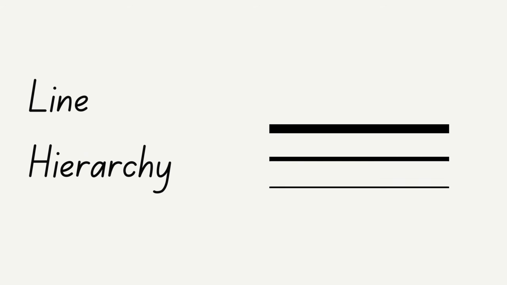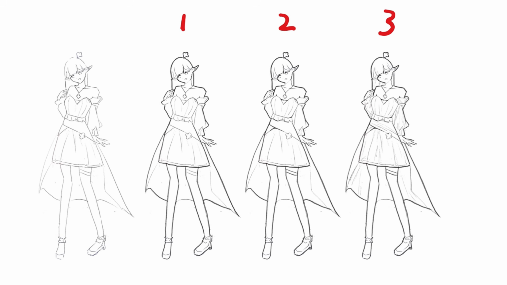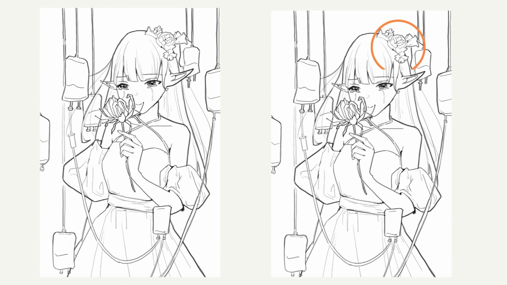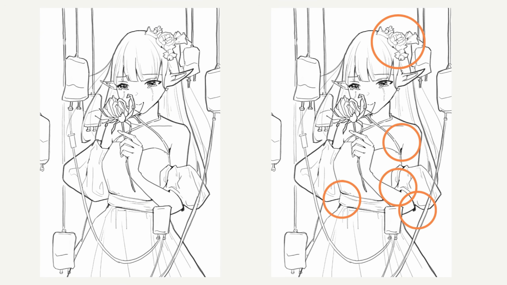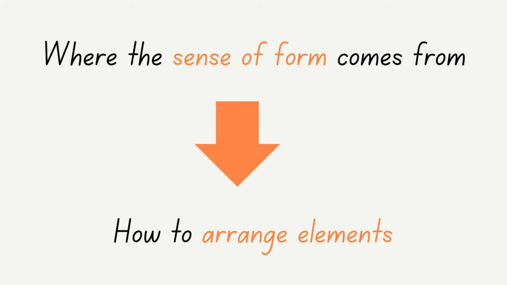The hierarchical relationship of lines is based on thickness. The outer contour lines are the thickest. The primary structure is drawn with secondary thickness lines. Use the thinnest lines for details. You can also add small blocks of color in areas not exposed to light. This can immediately improve the quality of the line art. The above are methods to enhance the sense of form.